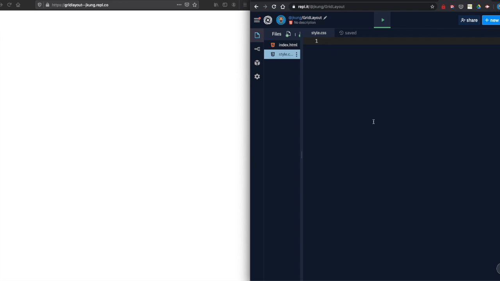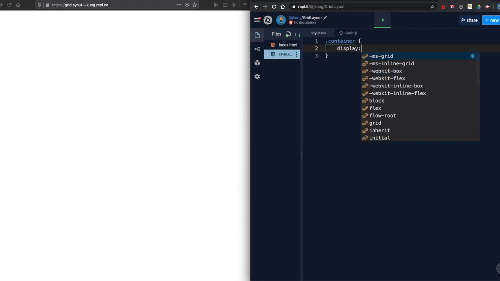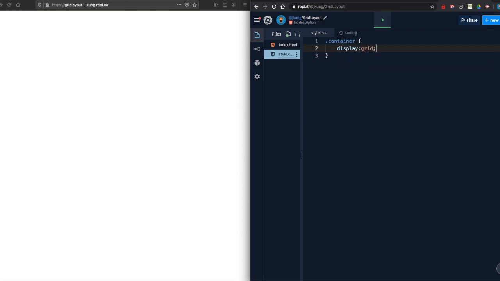And here I'm going to start with .container. The dot means that you're trying to define a class here. And then I'm going to define this class. First, I'm going to say display: grid. So this in the CSS tells your web browser that this whole thing is going to be a grid